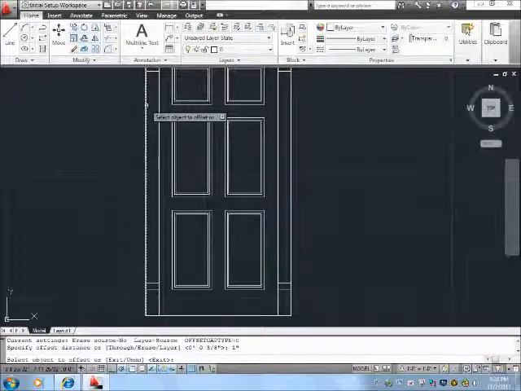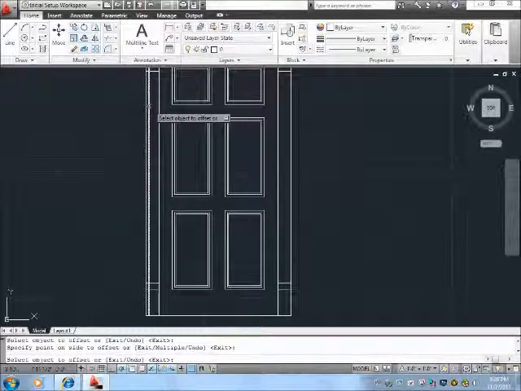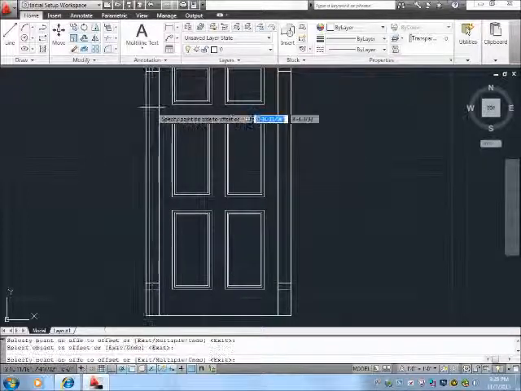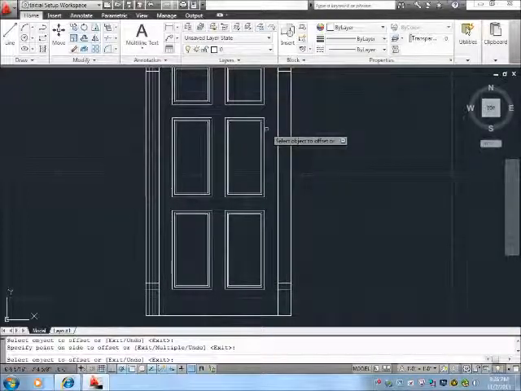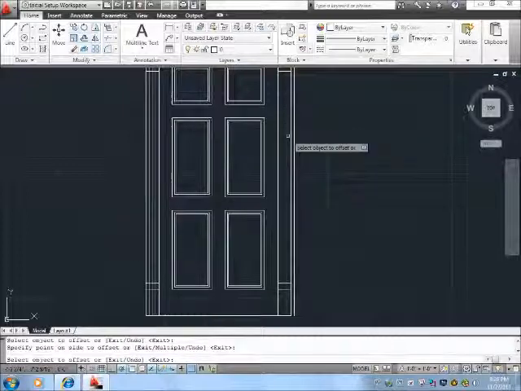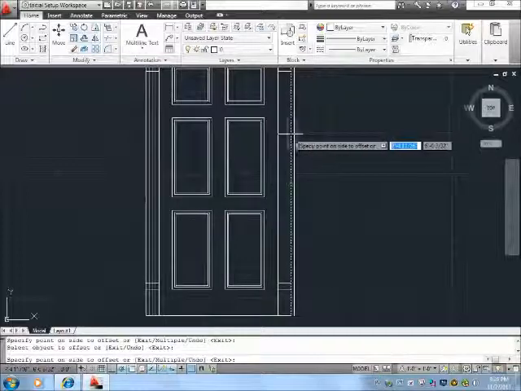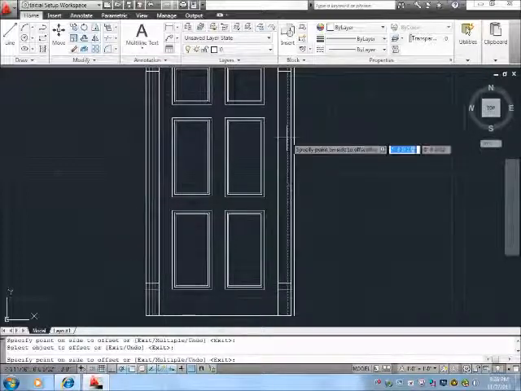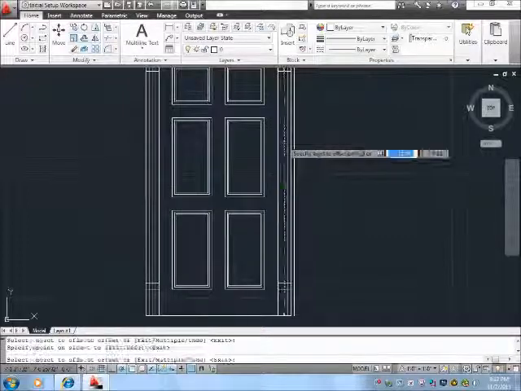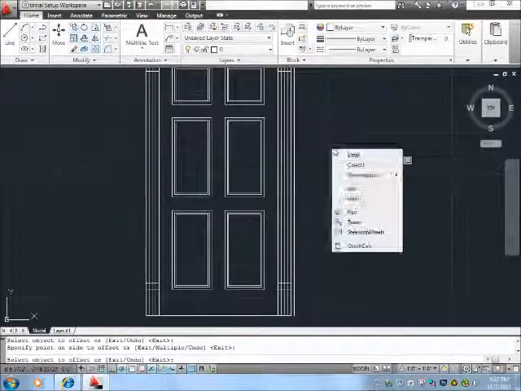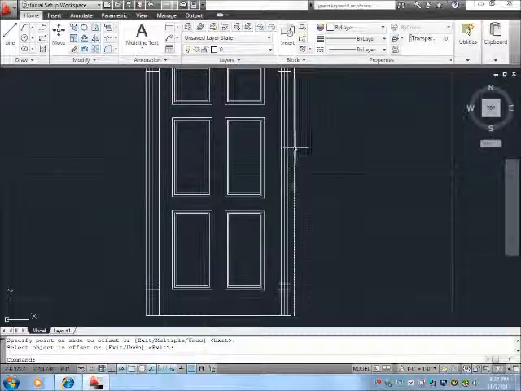And we're going to offset these outside lines 1 inch in, then the next line 1 inch in, and then the next one 1 inch in. And you should have 3. So once again, go to that outside line 1 inch. If it doesn't quite do it exactly, just do it again. Just make sure you're going inside. Enter to end it, and then